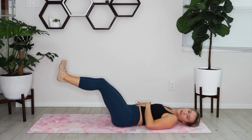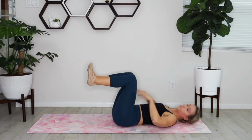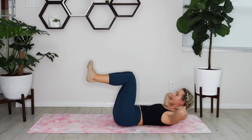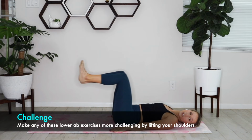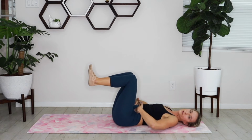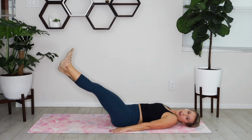If you want that added challenge, you're coming as low as possible where you can still keep that lower back on the mat. Another added challenge, if you still want more upper abs, you can roll that head, neck, and shoulders up as you extend, and then bring it back to center. So you have a few options here as you extend and bring it back. You should feel those lower abs, those transverse abs engage. Good, you've got 3, you've got 2,